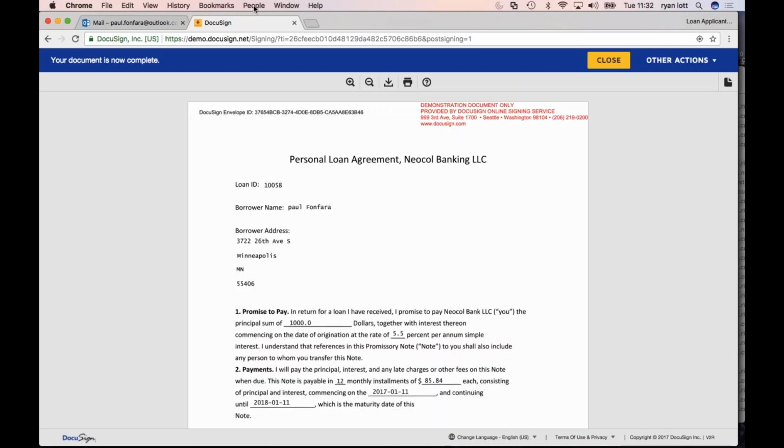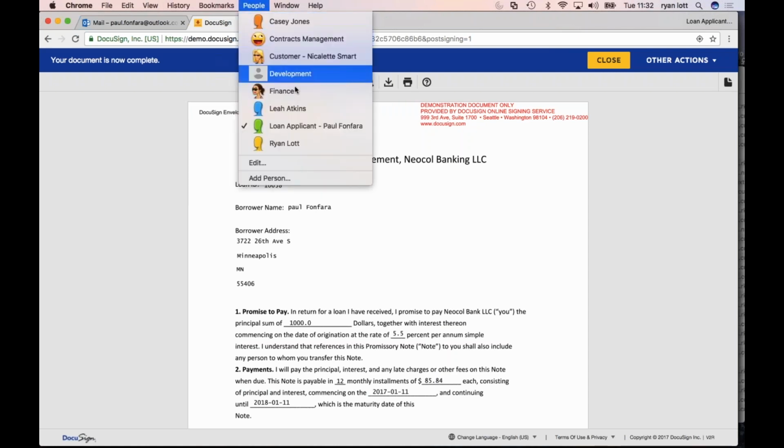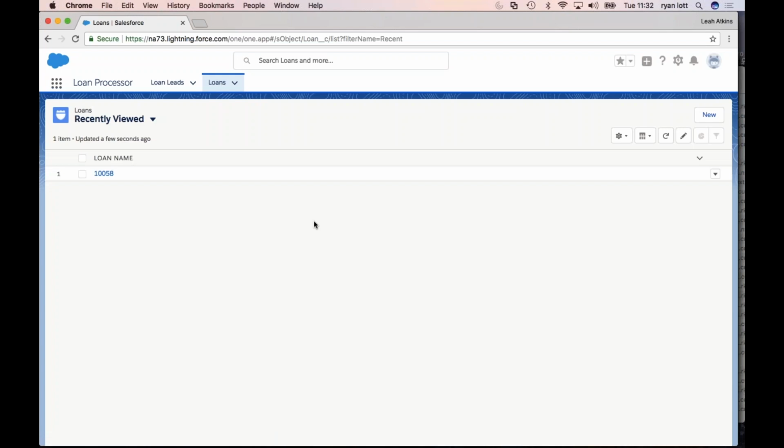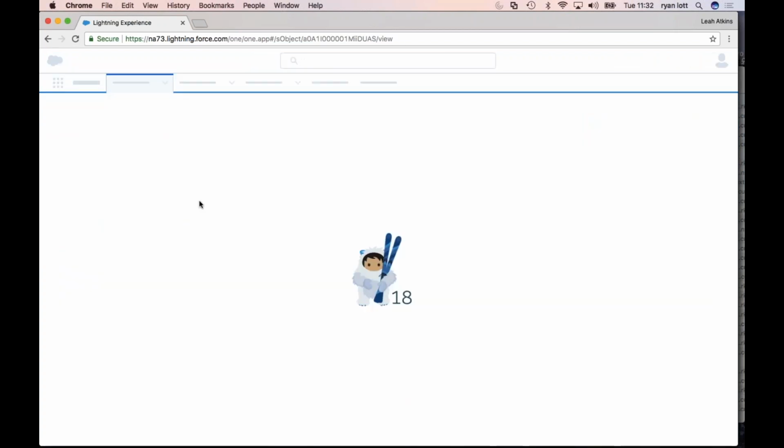So at this stage, now that Paul's gone ahead and actually signed this offer letter, the contract's been put in front of him. What we want to do is, if I go back to Leah, what we've done in the background is we have monitored the fact that someone has signed this document. And on them signing the document, what we do is take an action to go ahead and update the loan, and then also send a text message to the individual. So if I just refresh this here,